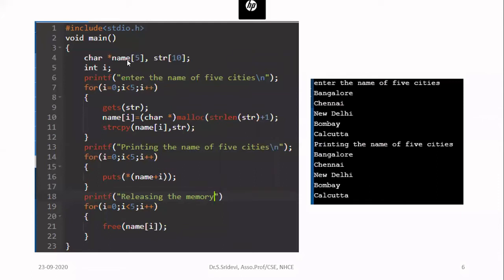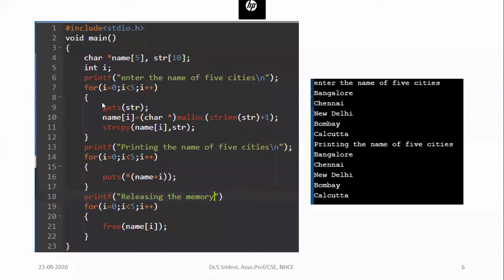Then what I am going to do now, I want to read the name of the cities from the user one by one. So I'm going to, as a user, enter the name of 5 cities. Then using for loop, I'm going to get the name of the cities. So in the for loop, I have to start the index with 0 only, because this index I'm going to use to refer to this particular array. Okay, so whenever you have a program related to array, don't start with index 1. So I'm going to start the index with 0. For i equal to 0, i less than 5, i plus plus.